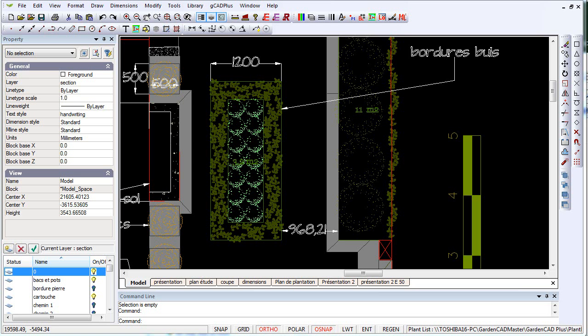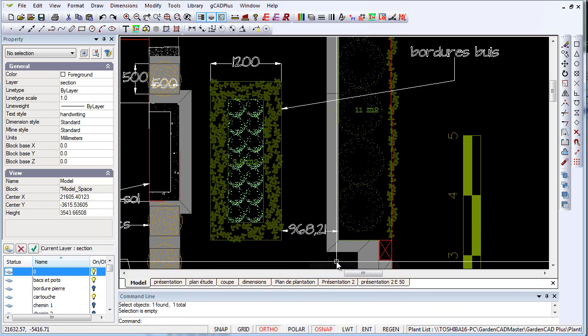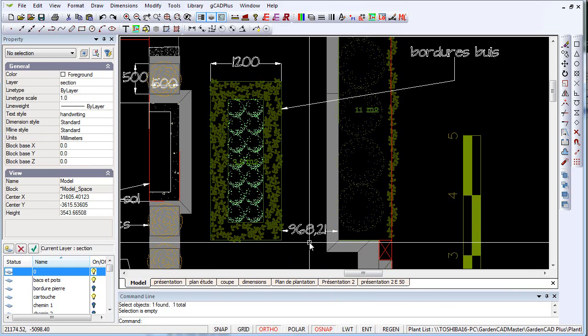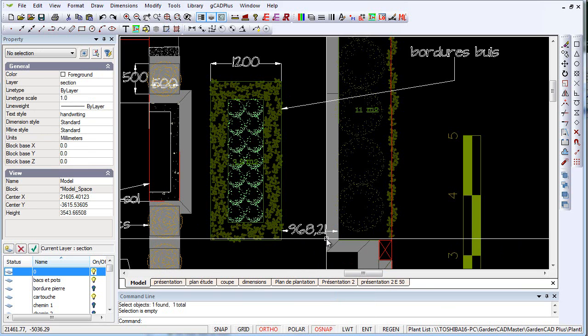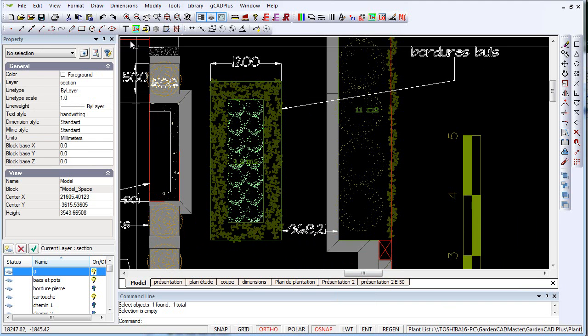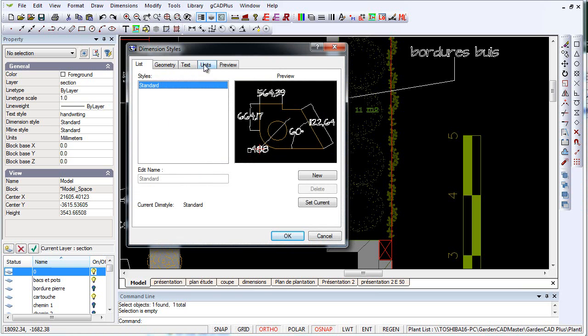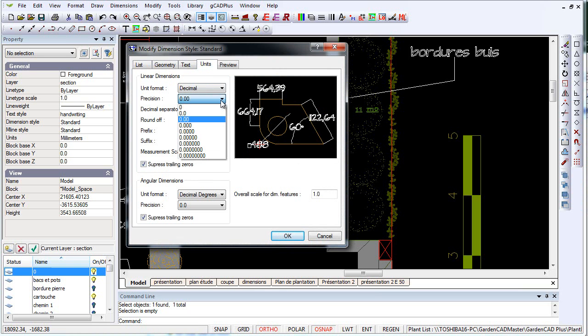We can improve the look of the dimensioning a little in this design. You'll notice that if I select this piece of dimensioning here, the dimension is showing to 2 decimal places, 968.21, and no construction team, of course, can measure to that degree of accuracy. So the first thing I would do is go to Dimension Styles and go to Units and wind that back